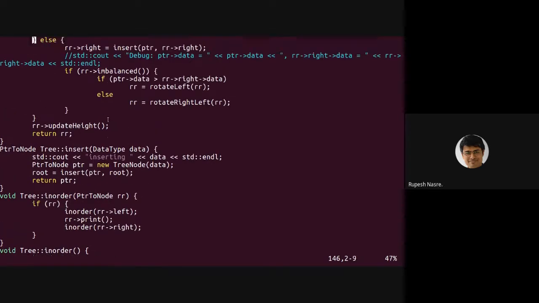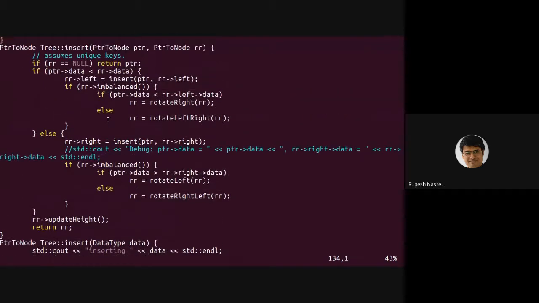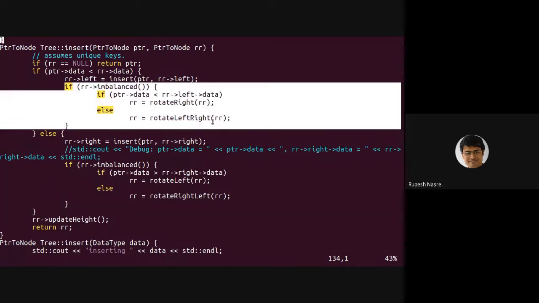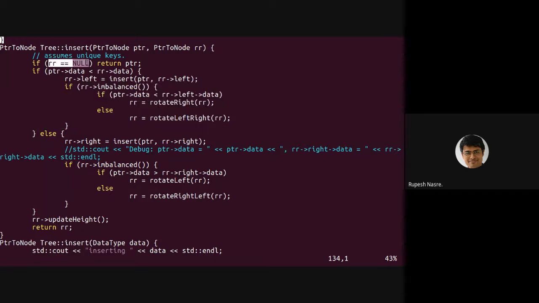Let's look at the elaborate insert, which is again some part of it is the same as the BST part. What is that part? So if you look at this part, that is newly added for the AVL for the if block. So what does it do? If the node, current node of the subtree is null, then I just return whatever is the current pointer to be added, because that means that this particular insertion should happen here.